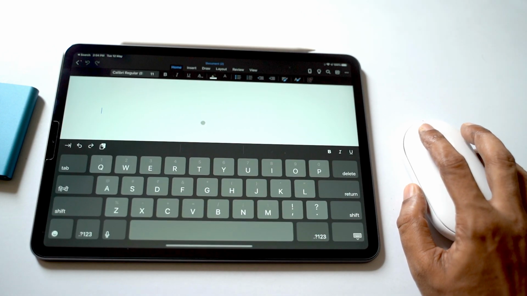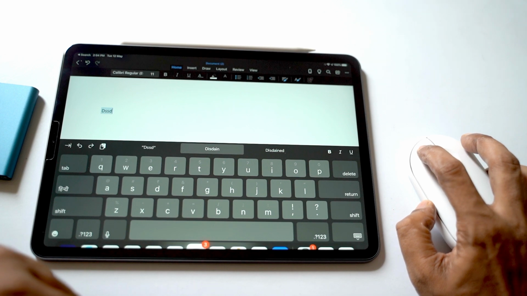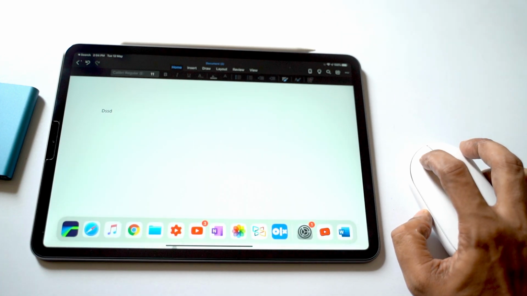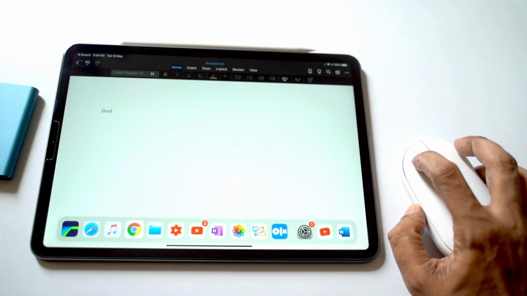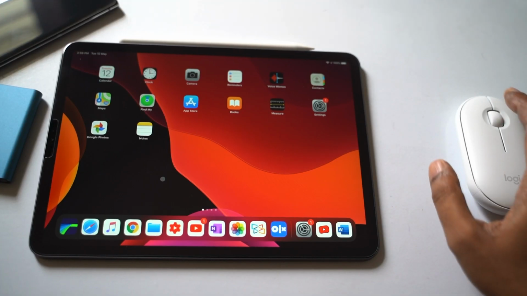On navigating the mouse cursor onto different app icons, you can see that the app icon gets highlighted, indicating that the app icon has been selected. Then you can press the left button to launch the application. This feature looks visually appealing, but productivity-wise it doesn't have much of a role.